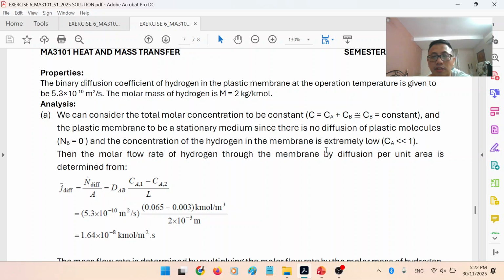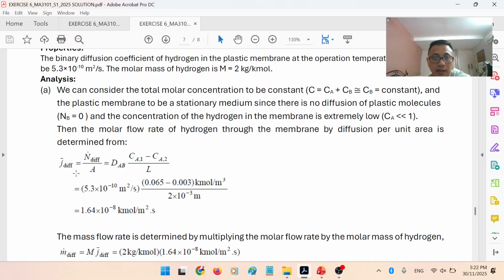So the concentration of hydrogen in the membrane is extremely low. CA is nearly 0 in the membrane at the beginning, so there will be no hydrogen inside the membrane. So CA is approximately 0, and that's why our C equals CB total. The molar flow rate of hydrogen through the membrane by diffusion per area is determined from the molar flux. The mole diffusion rate over surface area equals DAB times CA1 minus CA2 over the length,